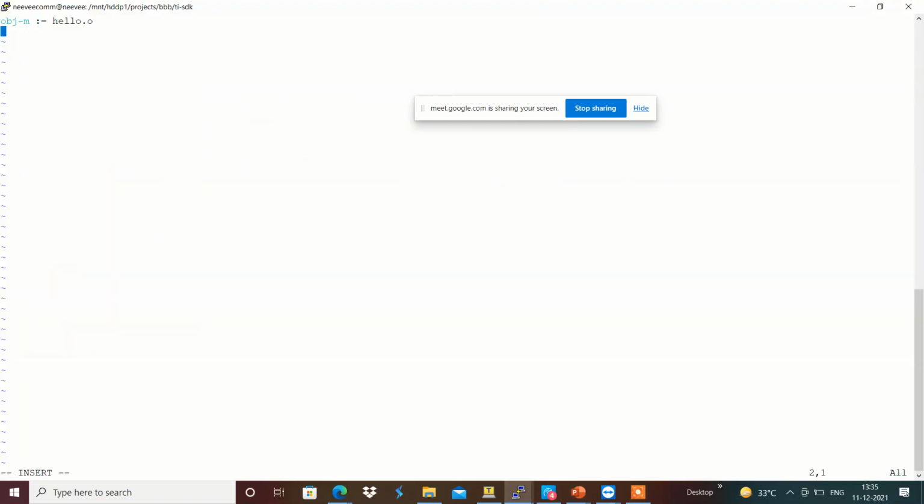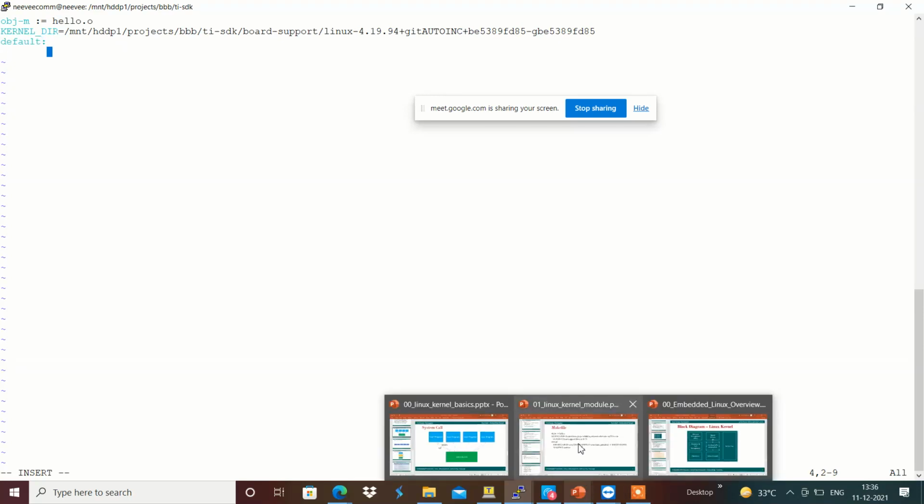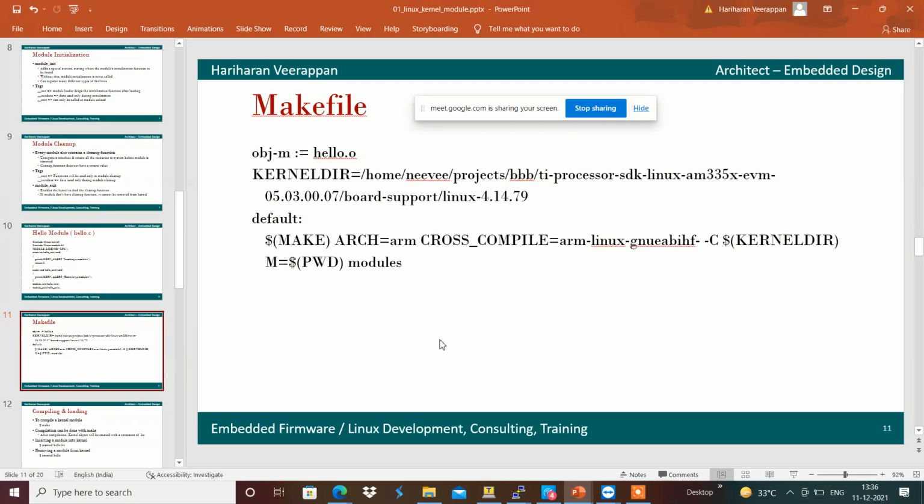For example, KERNEL_DIR equals, yeah, this is the one. And for the default, I'm going to use make and architecture.